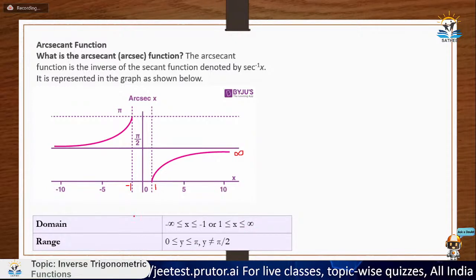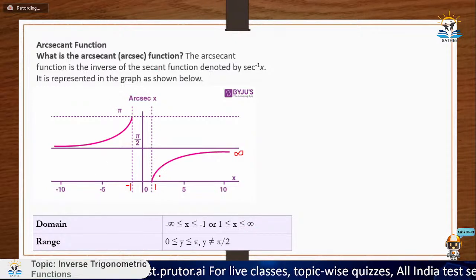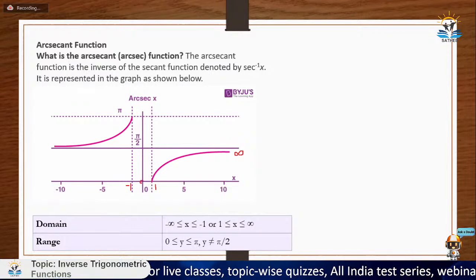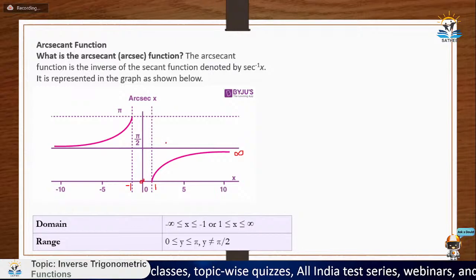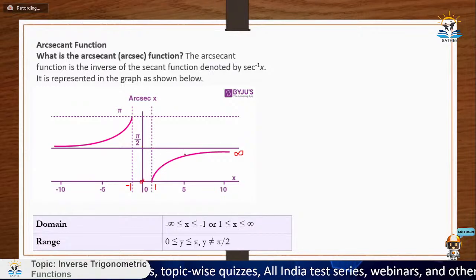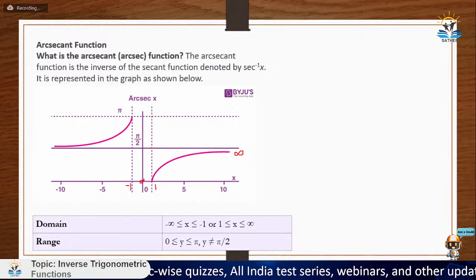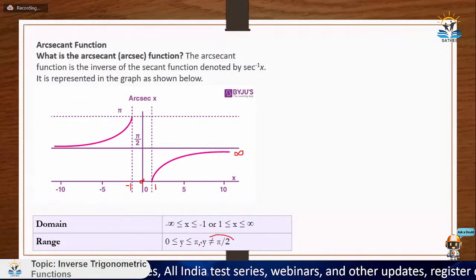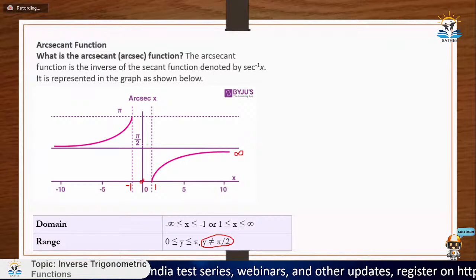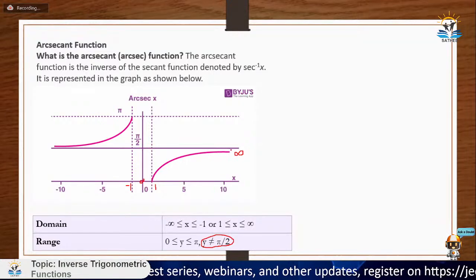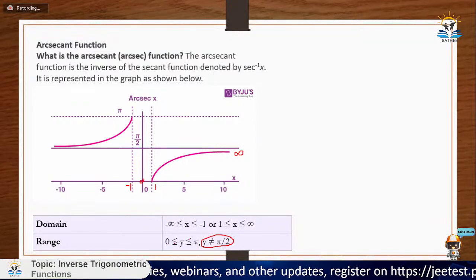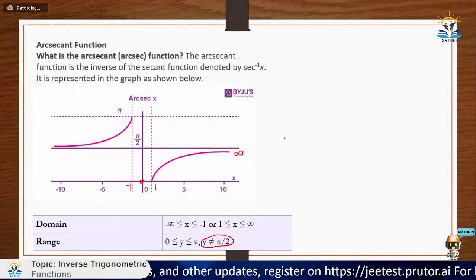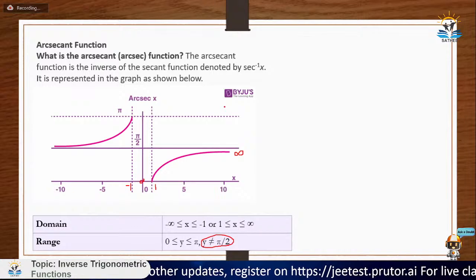And what's the range? The range is basically the values of y. So it is from 0 to pi. You can see that we are starting from 0 and going up to pi, and this line is an asymptote, so we do not include this line. This line is nothing but pi by 2. So our answer would be from 0 to pi, both included, but y should not be equal to pi by 2 because at y equal to pi by 2, we are getting an asymptote. That's why our range would be from 0 to pi, and pi by 2 not included. Okay, so that is my arcsec function. Moving ahead,